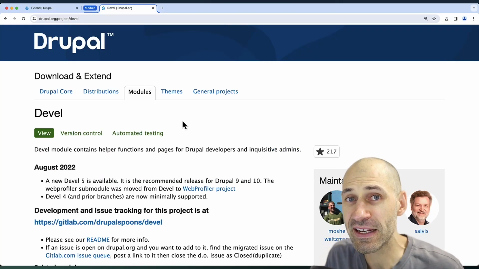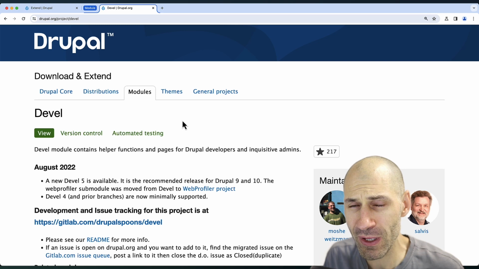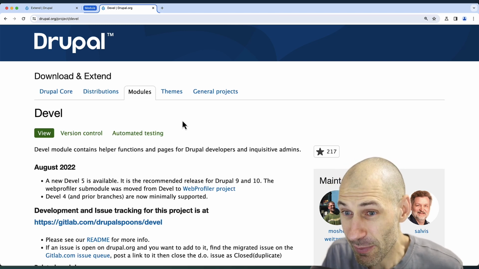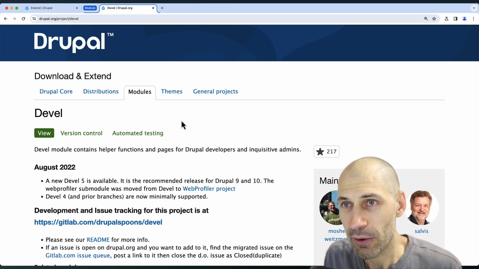Let me show you how to add in test content into your Drupal site, because trust me, when you are building out a Drupal site, it's very useful to have dummy content or just test content in general. Now head over to